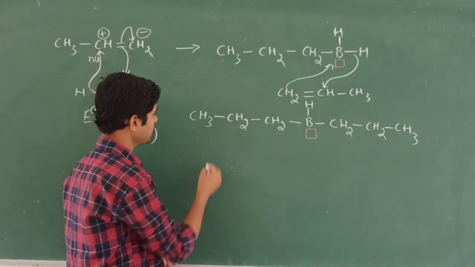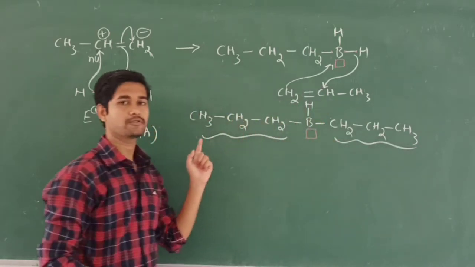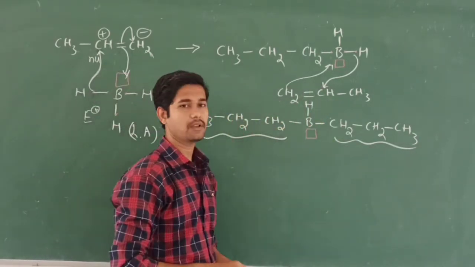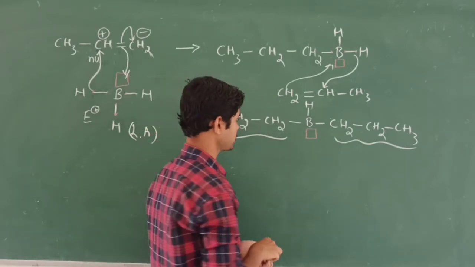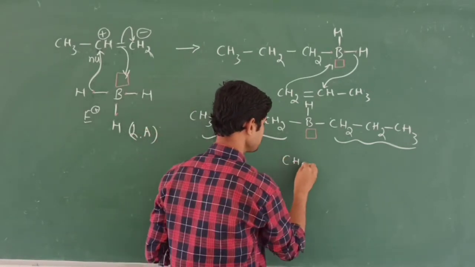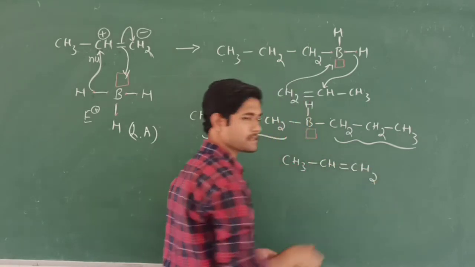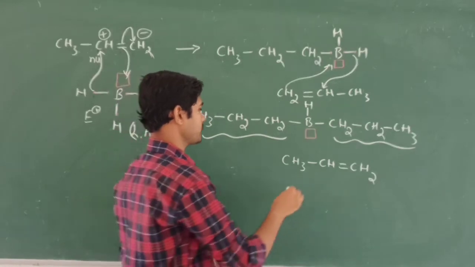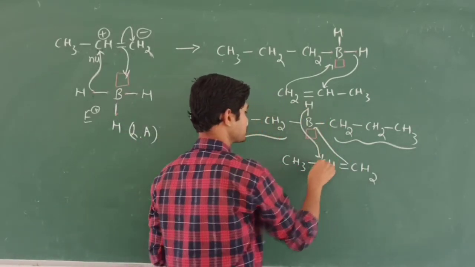Once again it acts as a Lewis acid. So now you can see here, these are the same group, right? These are the symmetrical groups which are going to attack this boron atom. So once again it is deficient. Once again I am going to treat it with alkene, right? So in a similar way, what happens? Once again this pi bond will come and attack here, and this hydrogen will come and attack this carbon atom.